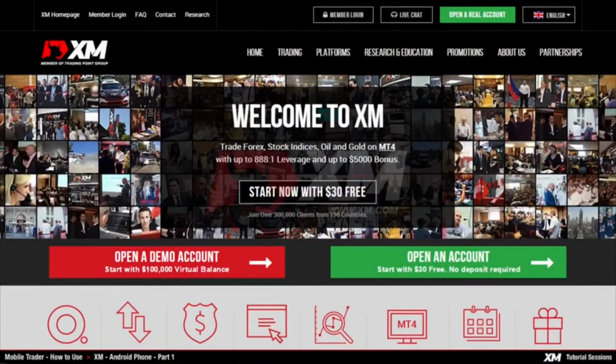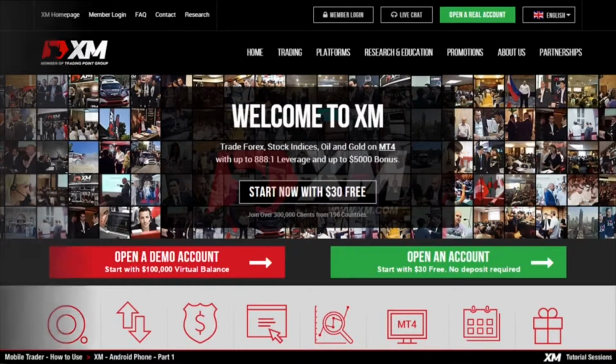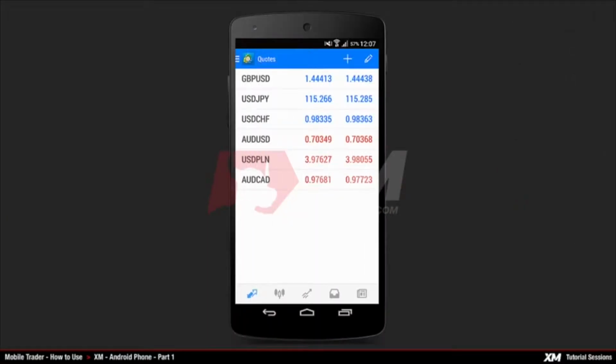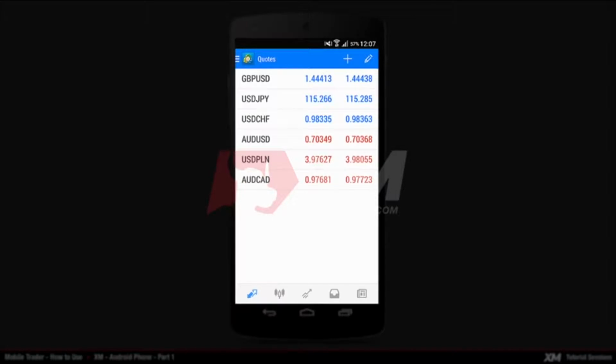Mobile Trader. How to use the XM Android Phone Trader application Part 1. In this video, we are going to demonstrate the complete set of steps to use the XM Android Trader application on your Android smartphone. After you log into the MT4 XM Trader platform, you will see the MT4 Mobile Trader